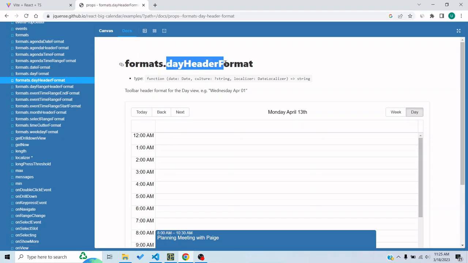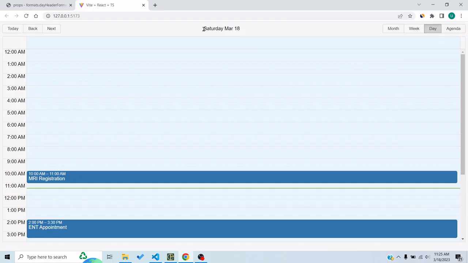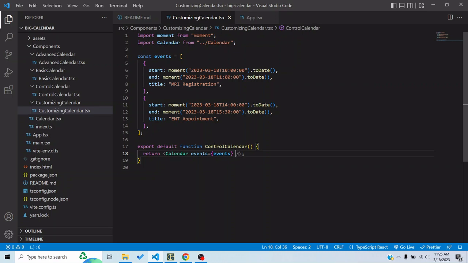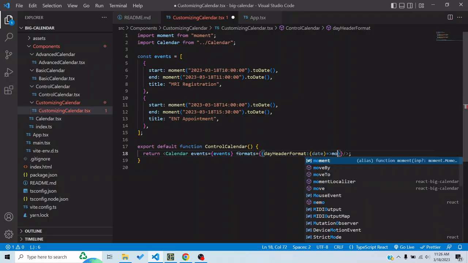For example, the day header format, which would change the header format for the day view. Right now, if you look at the day view, it says Saturday, March 18. That is the default day view format, but you can change that. In the formats prop, I have to pass an object. So formats, and then I can say day header format, and then it would give us a function which would have the date as a JavaScript date object, I can convert it into